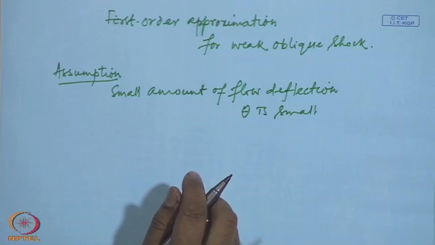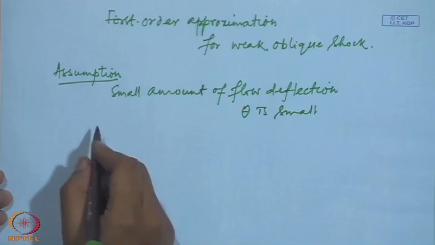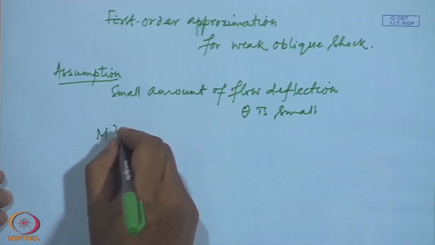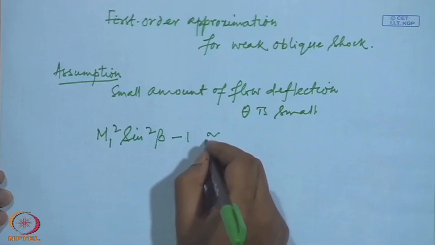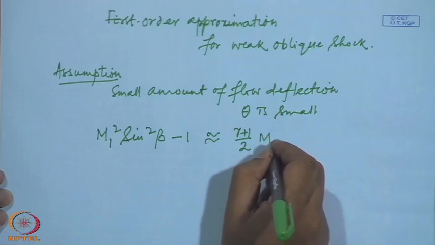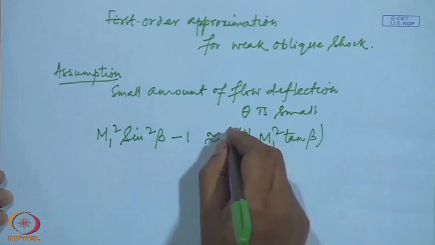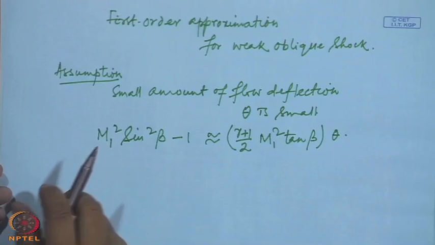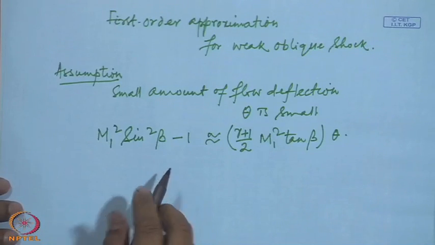Now, we have already seen that for small theta the shock strength, as we have derived earlier, is equal to gamma plus 1 by 2 M1 square tan beta into theta. See, when theta is small, the wave angle, if we look to the M theta beta curve,